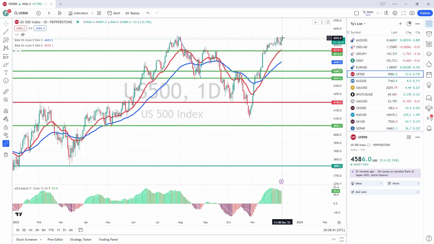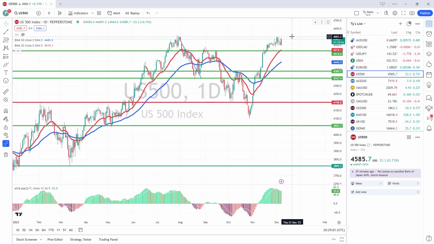We're still trading in a zone where we've basically created a bigger channel this week. Okay, you can see that the moves are bigger, but all of them are nearly the same length. So each day has been around the same movement, which is not a bad thing. It means that basically we're just getting a consolidation zone. What we're looking for now is two simple things: either a break above this level, above the 4600,